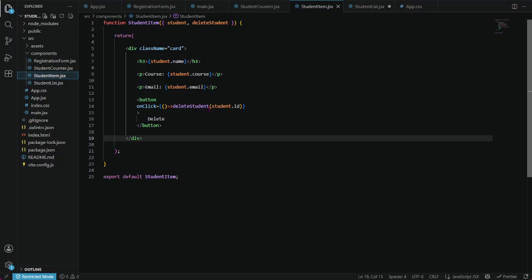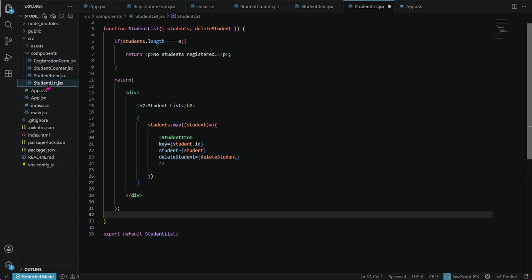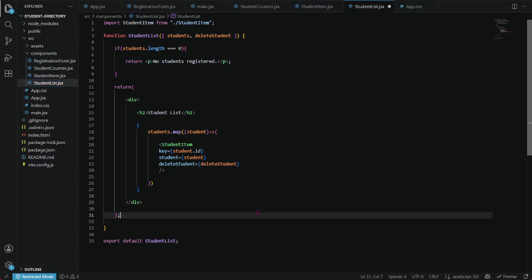And then click the delete student if you want to delete it. But if you delete, then it stays on the web page. So proceed to the student list. This one is the student list. So import